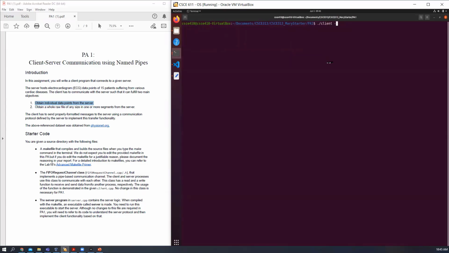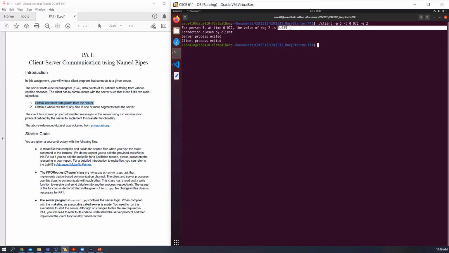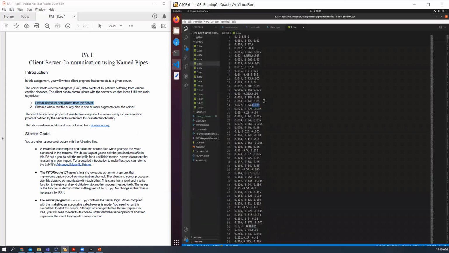So if we start up our client and we say we want person 5 at time 0.072, and I want ECG value number 2, we format that request by creating an instance of data message, send the request to the server, and receive a double reply back. So for this example, we got a 0.035 response from the server,